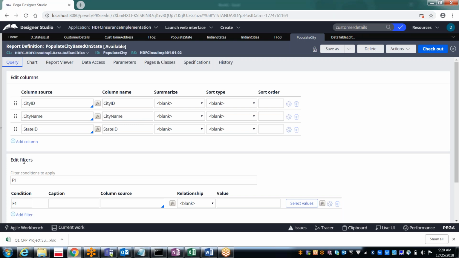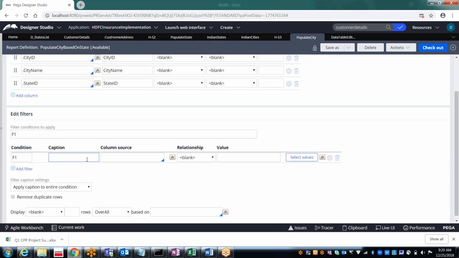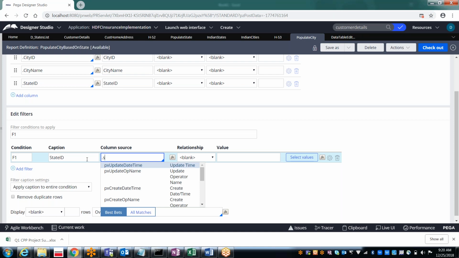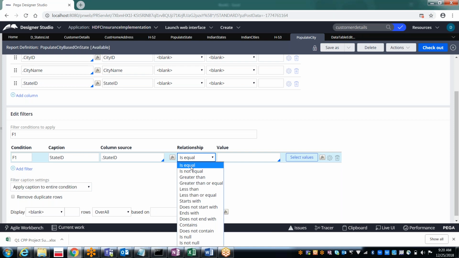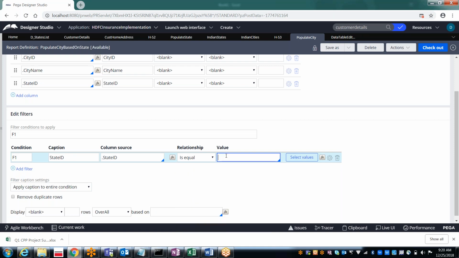So here we have edit filter. In the columns, it will return the values, but in the filter, it will give the where condition. So what is that? State ID, and then the relation is equal to param dot state ID.